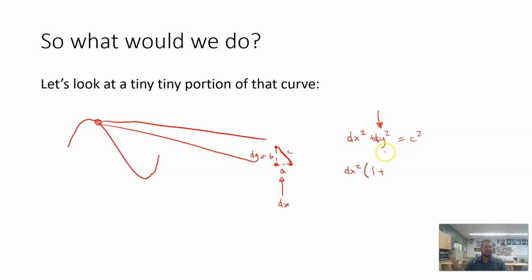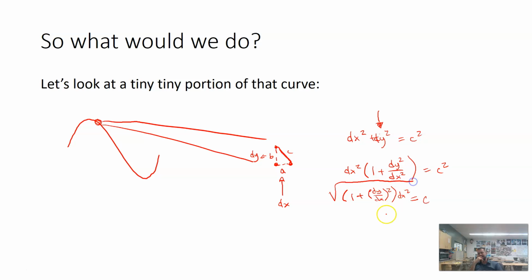Anytime you want to factor out something that doesn't exist in a term, the way that you do that is you leave the original term the same, and then you divide by what that particular thing is that we're factoring out. So in this case, if I had that, I'd have dx squared multiplied by 1 plus dy squared divided by dx squared, and that would equal c squared. So in this case, I could say that c is equal to, I'm going to rewrite it here, 1 plus (dy over dx) squared multiplied by dx squared, and then we would take the square root